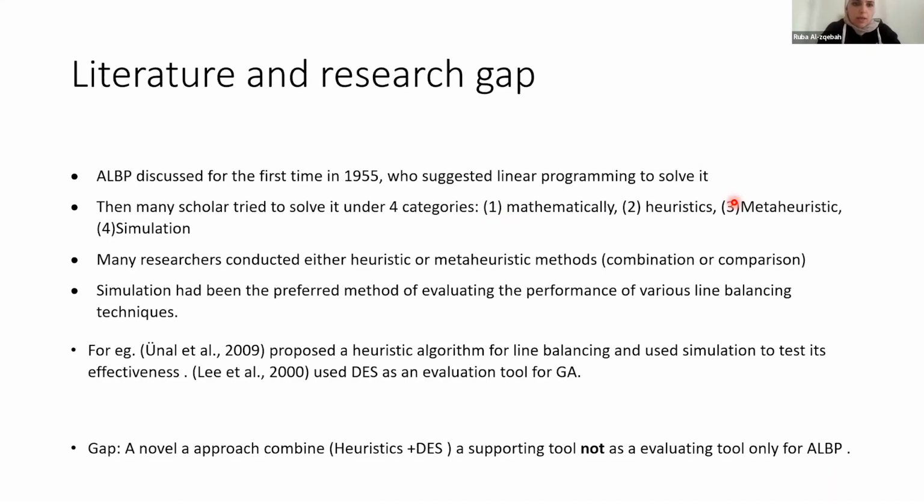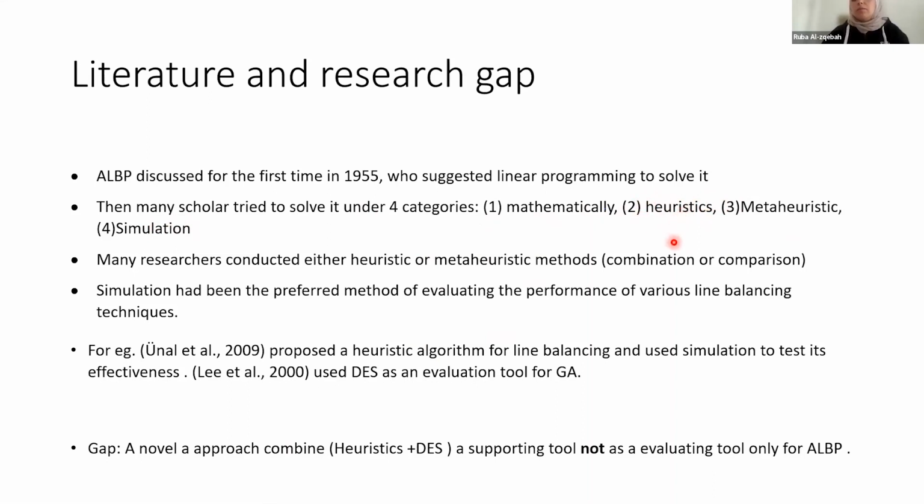So this problem was introduced for the first time in 1955. They suggested linear programming to solve this problem because it's a hard problem. It's not easy to solve. Then many scholars tried to solve it mathematically, with heuristics, meta-heuristics, and simulation. But none of them tried to combine simulation with a heuristic, like our approach,